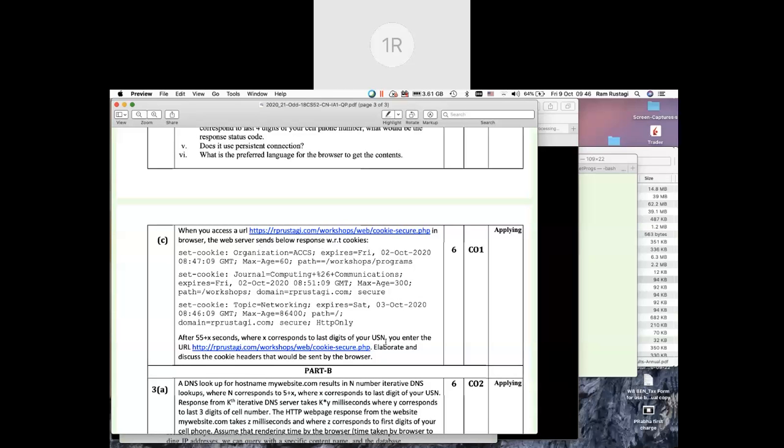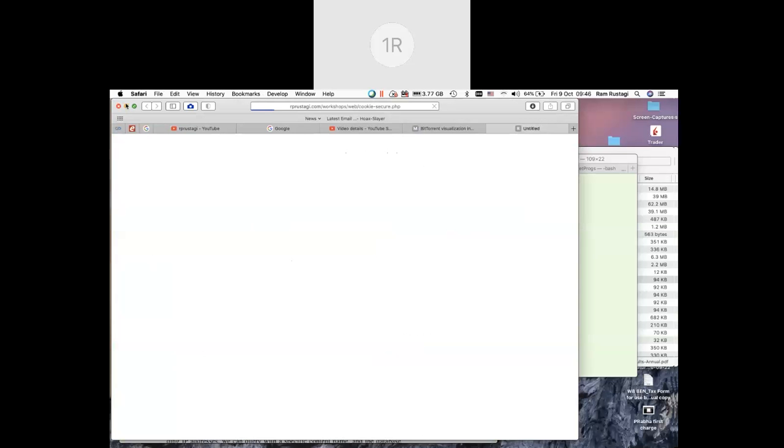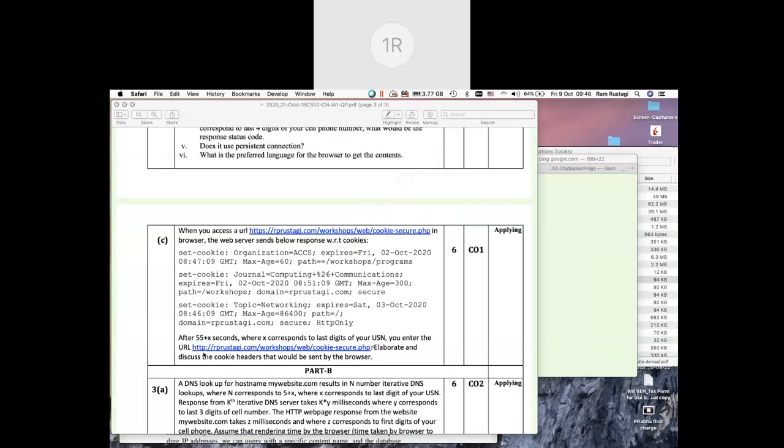Let's look at the other cookies. The other cookies say secure. This also says secure. And this request is HTTP, not HTTPS. Because it is HTTP and the other two cookies, journal and topic, say secure, those cookies also would not be sent.